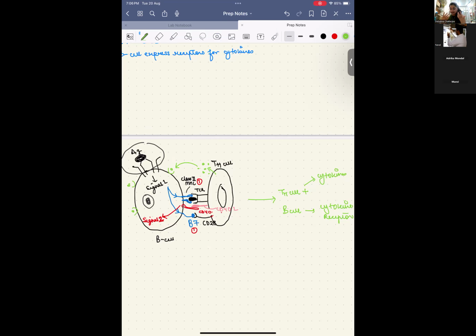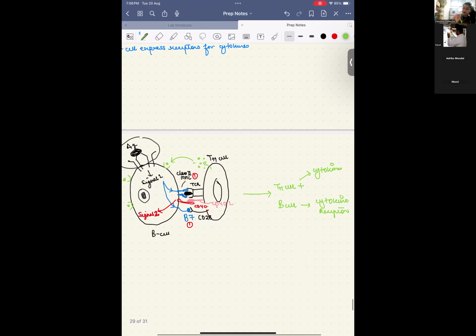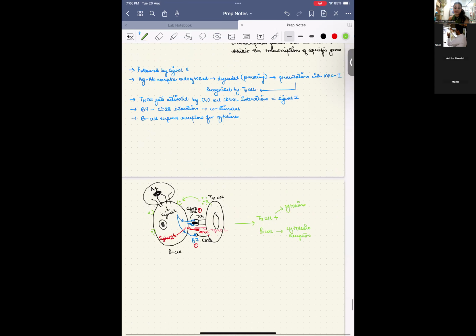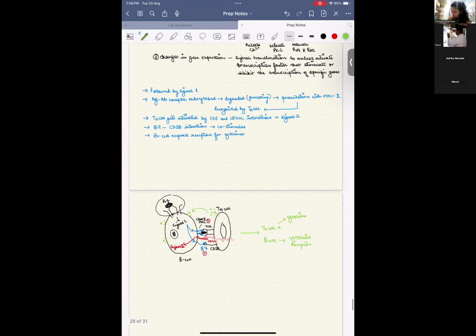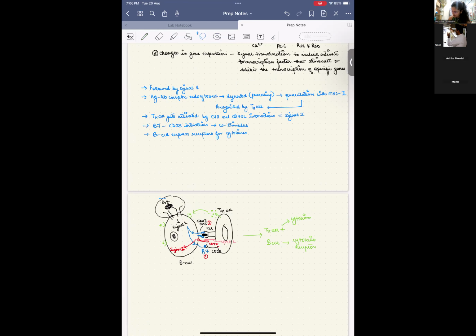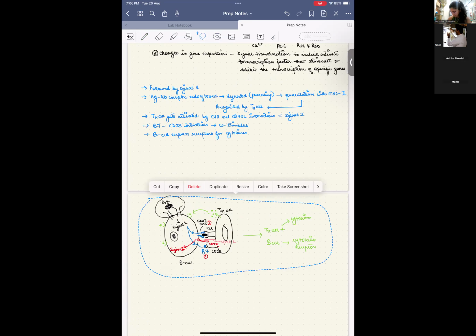So now if you see this, it is essentially one cell helping the other to help its own self in return, right? So it's a lot of crosstalk between the cells that is happening in the entire immune system, and we have certain chemical messengers that are facilitating the entire process. Here we are calling them cytokines, right? So in summary, this is what is happening for the process of activation of